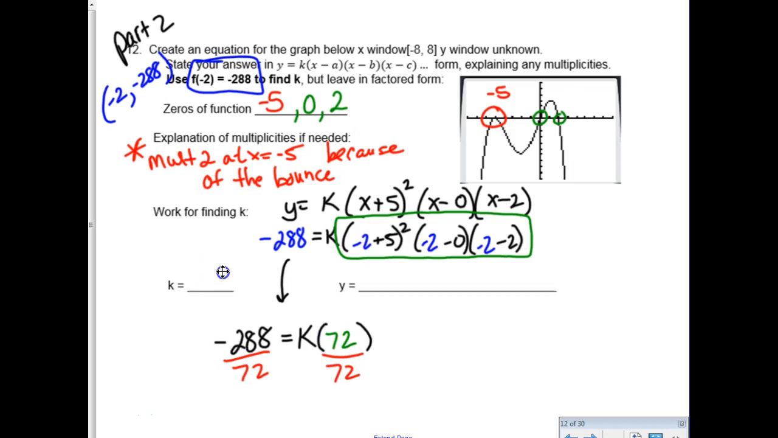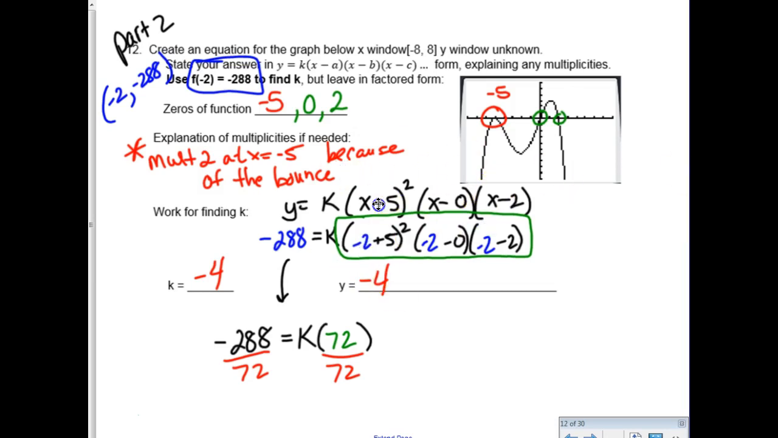Now notice our k value is negative. And when I go back and look at this graph, this is definitely a reflected function, so I'm feeling really good about that number. And then you need to go back to this step, this skeleton, and just put negative 4 in place of k. Everything else stays. So negative 4,